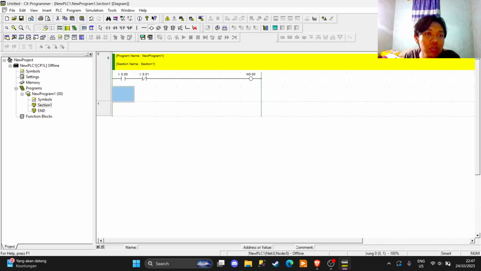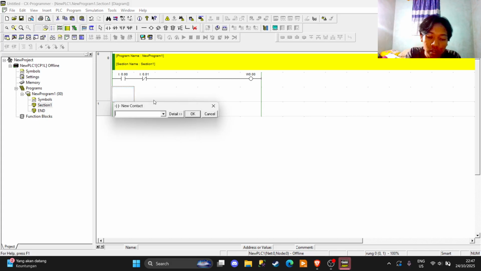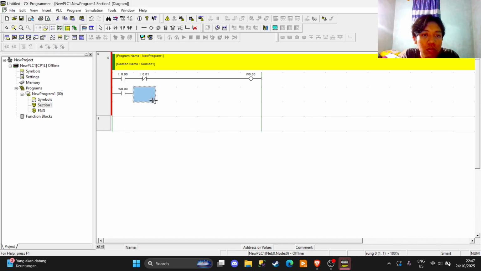Then we add a normally open contact with the address V000, and we put it here.